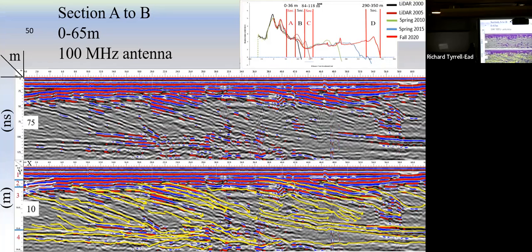Nanoseconds, meters. I mean, this is just great. So we lose signal up here because of the lower frequency. So this is kind of where the 400 comes in because it replaces that area. But we see these huge prograding surfaces, shore faces, and then we start to get this inlet kind of channel looking feature. And then you start to get some progradation over it again. And prior to that, it built up on what just looks like